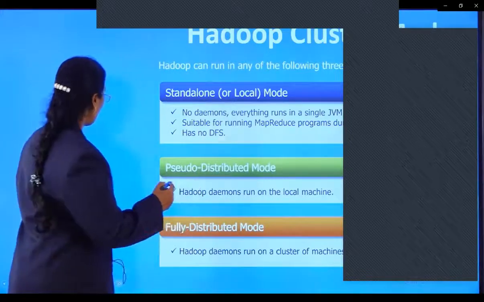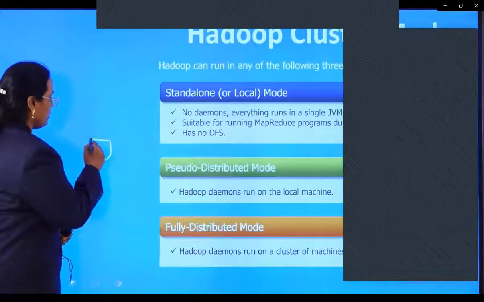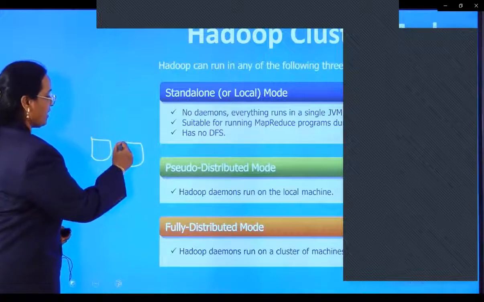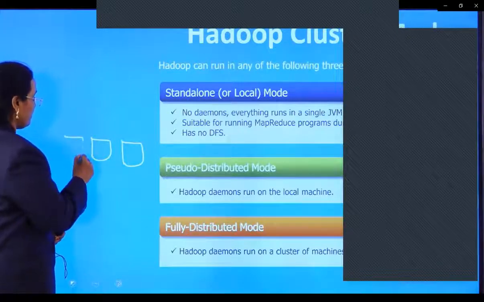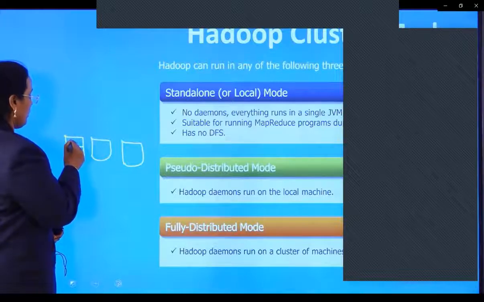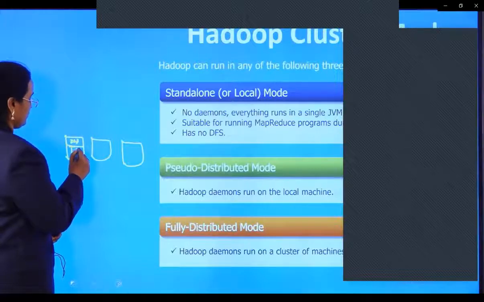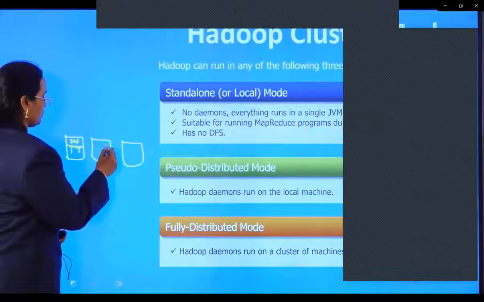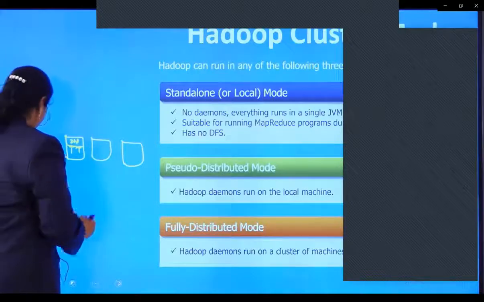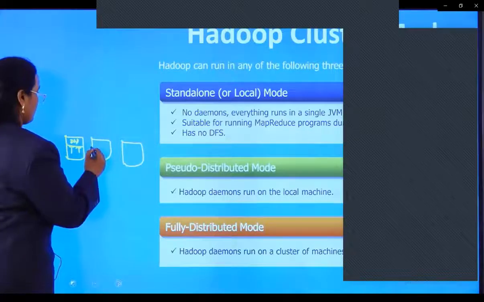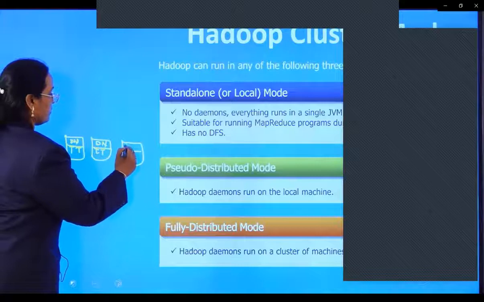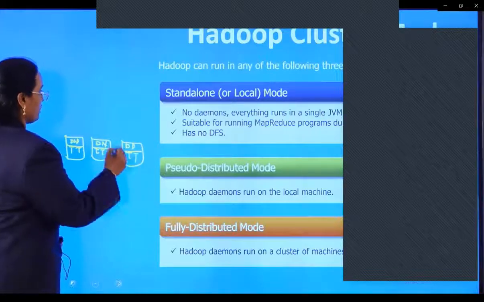As you know, the Hadoop cluster works on the master-slave architecture. So these are my slaves I am drawing, where we have a data node and a task tracker, a data node and a task tracker, a data node and a task tracker, and we have a master node.